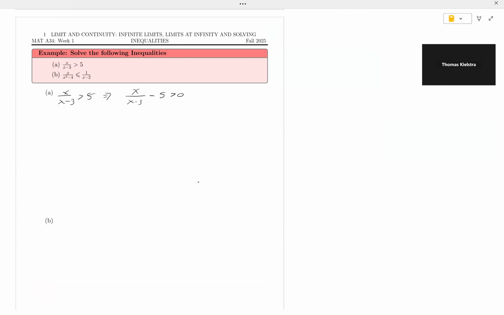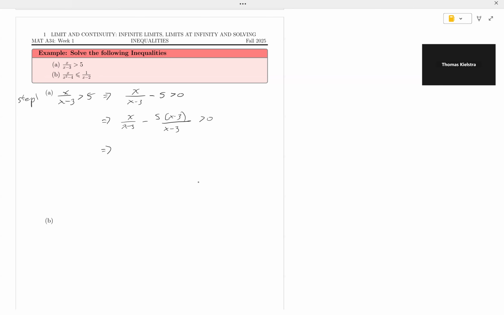This is step 1. Now, step 2, we're going to do a common denominator. This implies that x minus 5 times x minus 3, all over x minus 3, is greater than 0,